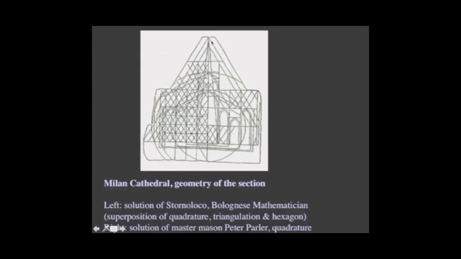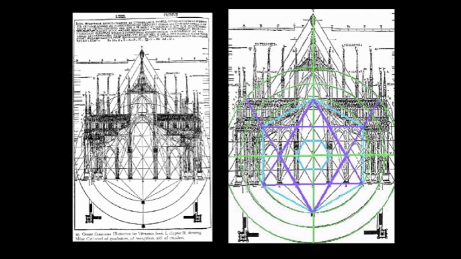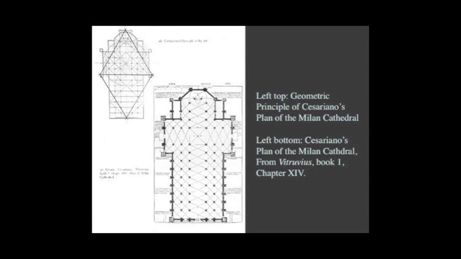So instead of putting the top of the nave way up here, by flipping his triangles, he gets the top of the nave down here. And this is considered to be super duper, because it is verifiable with numbers that resonate with the order of the cosmos. It's not an arbitrary decision, it's a decision locked into mathematics. And the fact that he was able to superimpose circles and other kinds of geometrical figures just makes it more meaningful. The proportions of the Milan Cathedral were so much in debate that 200 years later, let's say, or less,